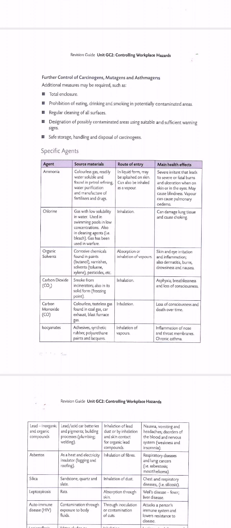Then what are the routes by which it can enter the human body? In liquid form, it may splash on the skin of the body, and it can also be inhaled as a vapor. What are the main health effects? Severe irritation that leads to severe or fatal burns, and also ulceration when on the skin or in the eye may also cause blindness. Vapor also can cause